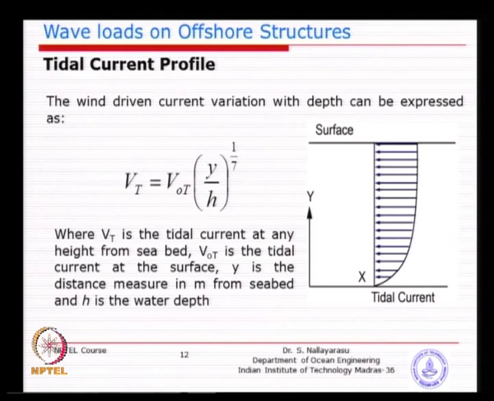It is almost like a river. So, the tidal current profile is almost like a wind profile. I think we discussed the wind profile, it is almost similar, and using a power law formula, it can be calculated to interpolate between the various depths. If you know the surface velocity, say 2 meters per second, you could calculate what the velocity could be elsewhere along the depth. It is a typical profile.